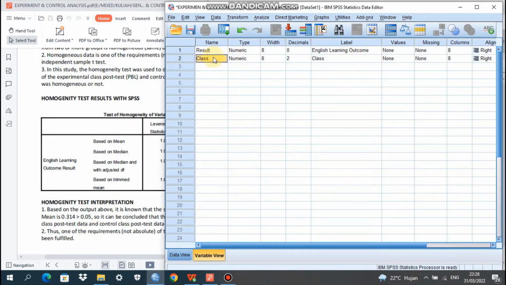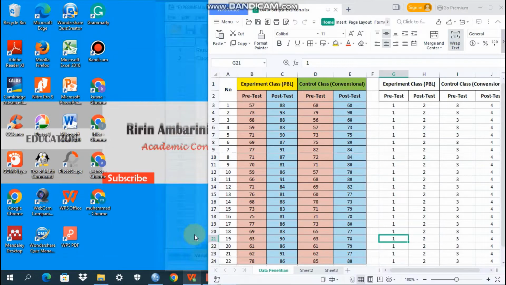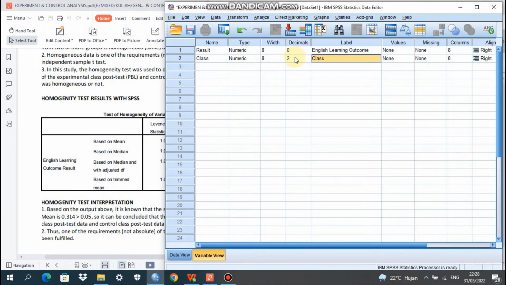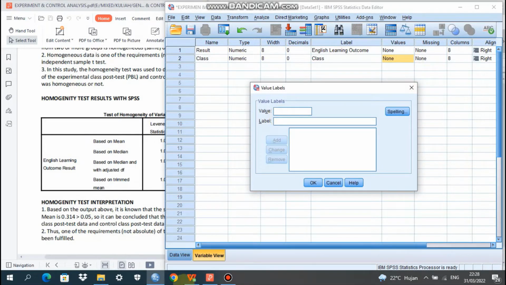And the second column, we type class. The label we type class also. As in the data we have in Excel, there is no decimal, so we do not use any decimal here. Just type 0 here. And we go to values.